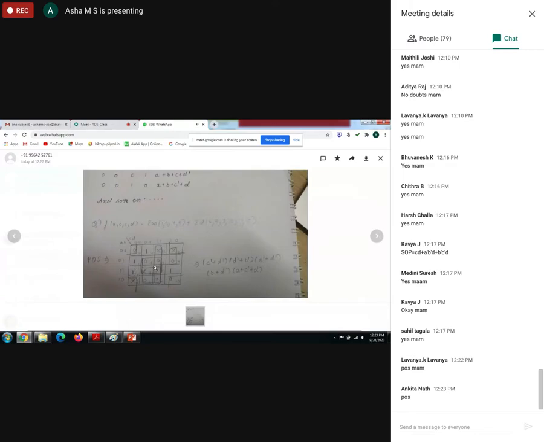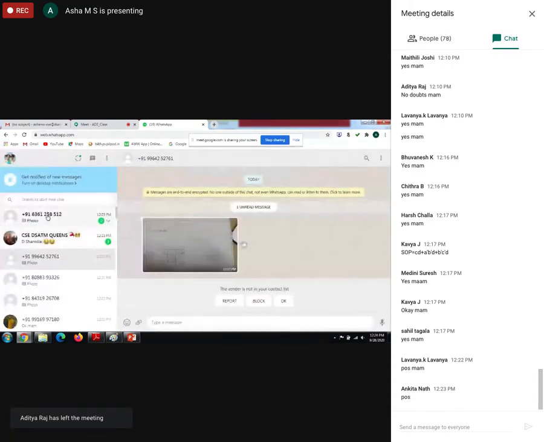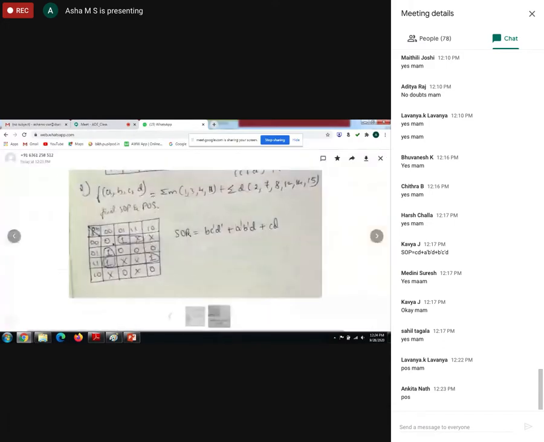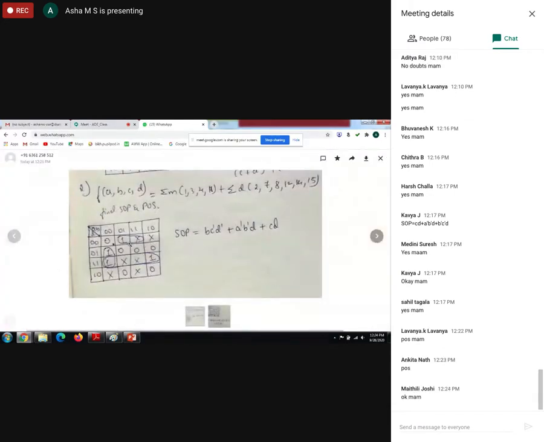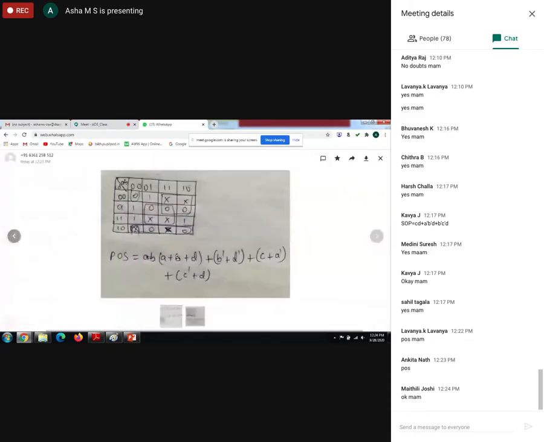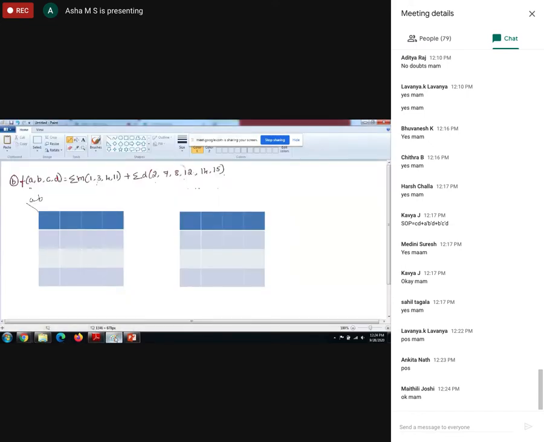Yes, this is also correct. If you make a quad like this also it's correct. 761, it's correct. SOP is correct. 512, let me check this. 1 quad, 2 quad, 3 quad, 1 pair. Okay, I'll solve POS. Just check it out, POS I'll solve.